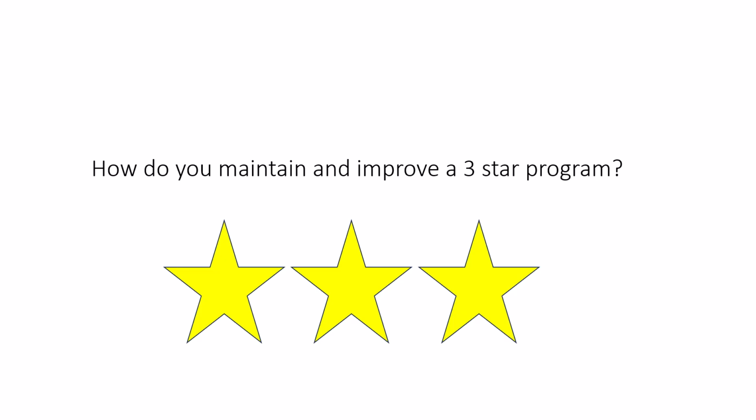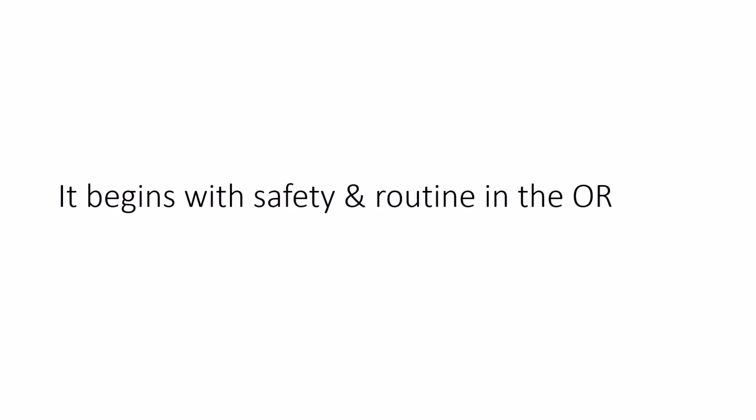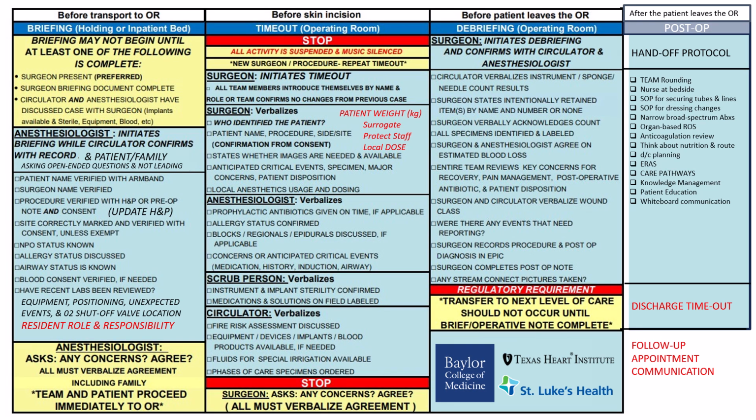So how do you maintain and improve a 3-star program for esophagectomy? The answer is, it begins with safety and routine in the operating room, meticulous attention to detail. This is an example of the in-hospital briefing, timeout, debriefing, and post-operative protocol that I use when I'm performing surgical procedures. Before the transportation to the operating room, a briefing is performed in the operating room before the patient comes